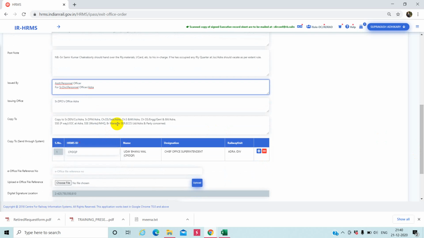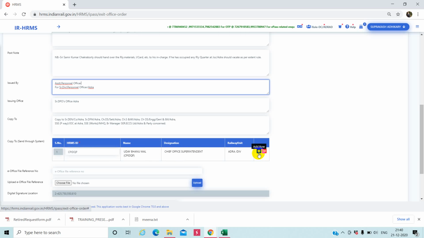Copy 2, we are writing copy 2, and another copy he is giving to Uday Bhanumal. He is the chief office superintendent, and you may add other employees, or you may give a copy to another department such as the engineering department.